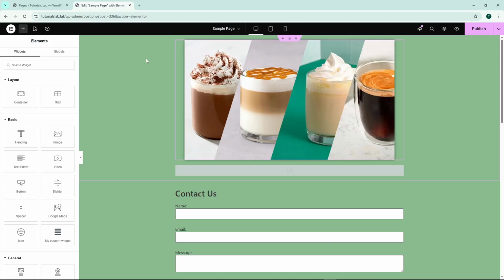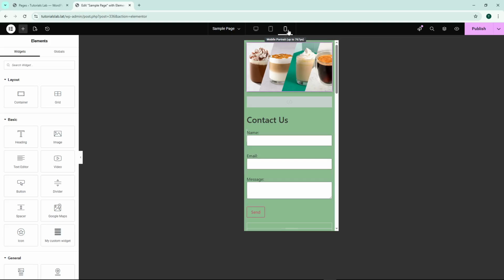Now, if you're using the free version of Elementor, look for the responsive mode icon at the upper part of the page. This icon typically looks like a small screen or device symbol. Click on it and then select Mobile Portrait from the drop-down menu. This switches your view so you can see exactly how your page appears on a mobile device, which is essential